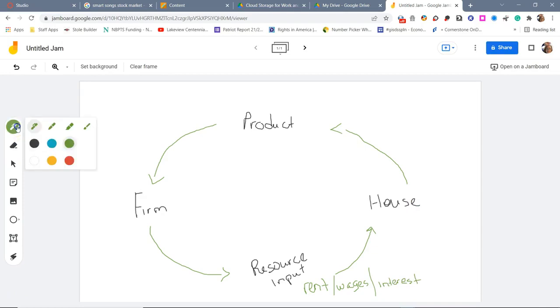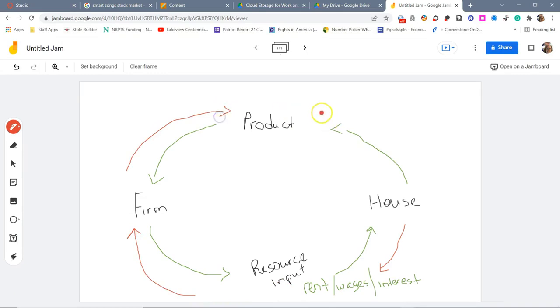All right. We then get the opposite. We do work as an input to produce for the firm a product that we then buy. All right. And then we have in the middle